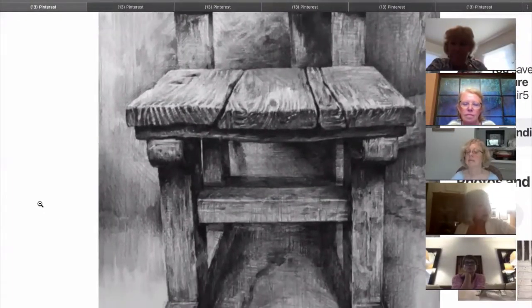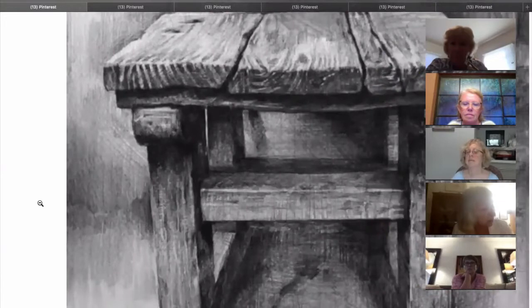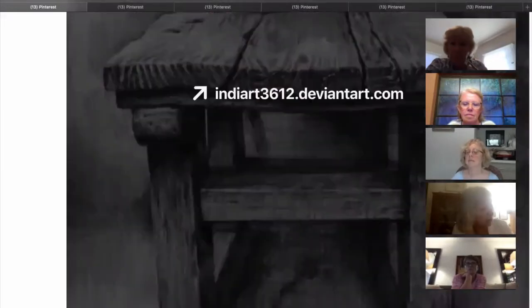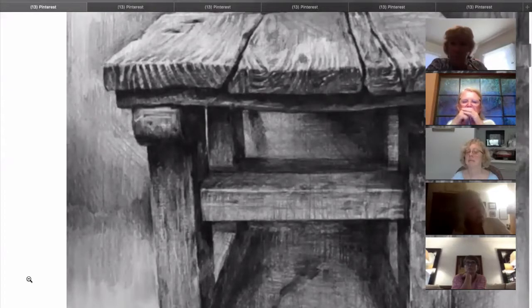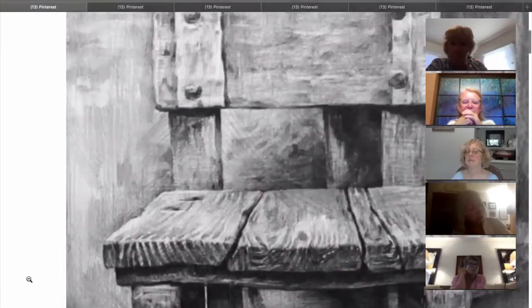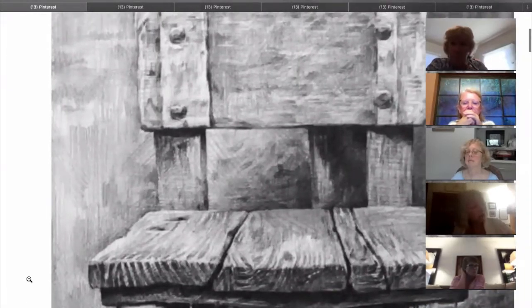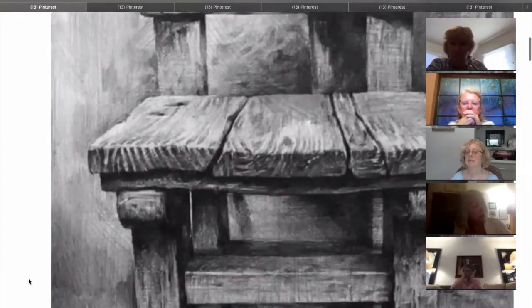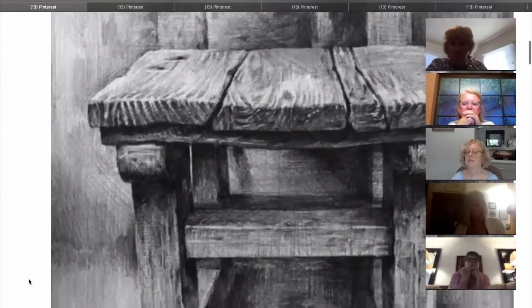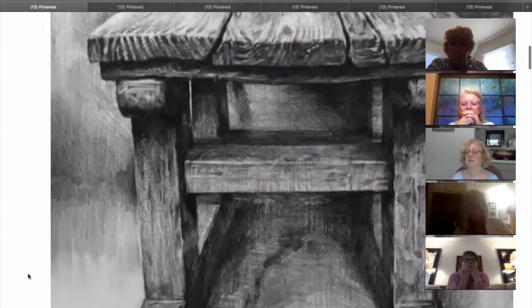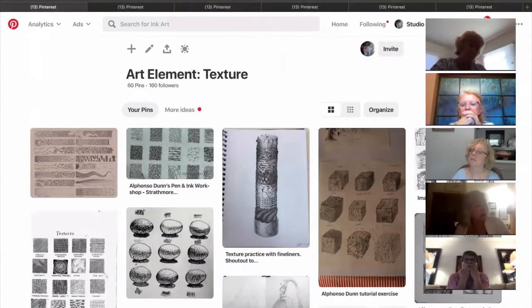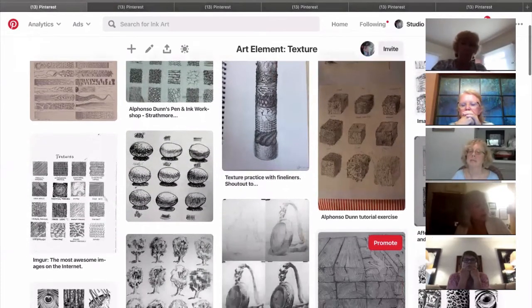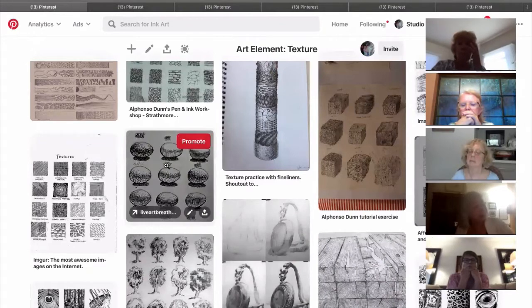How in some areas they decide to smudge, in other areas they keep things very sharp and crisp and clear. There you go. So a lot of the times with texture, creating something this incredibly realistic just takes paying a lot of attention to your elements. And what I typically find myself doing when I'm working with texture is trying to count and look at different patterns. So for example, this is one that